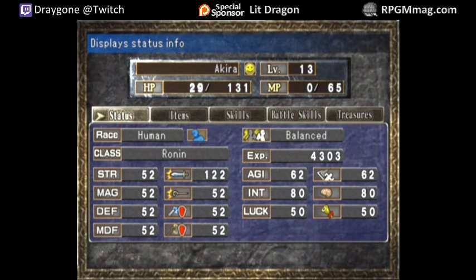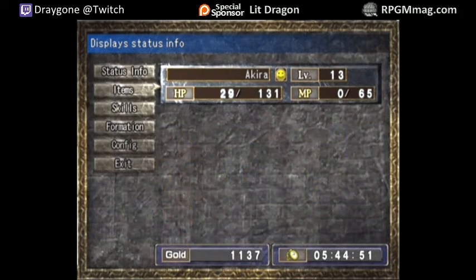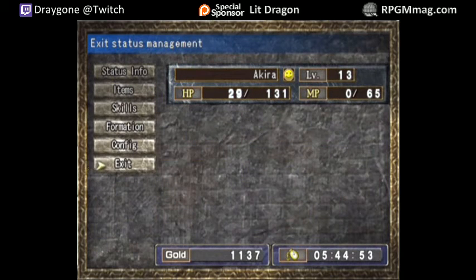It looks like, in general, my stats go up maybe 8 points after every level. So it's not a huge boost to my attack, but whatever. It's also a boost to my magic. Anyway, this has been going